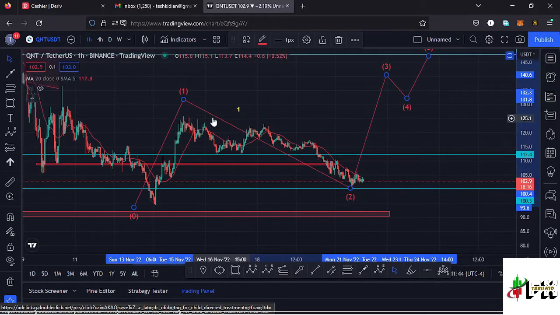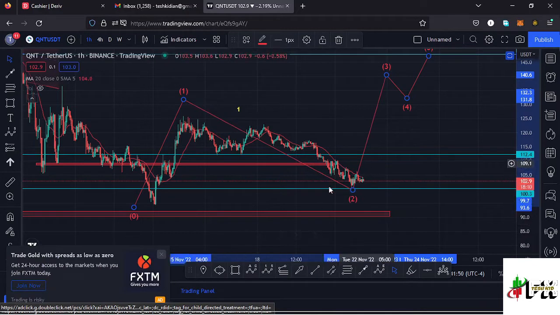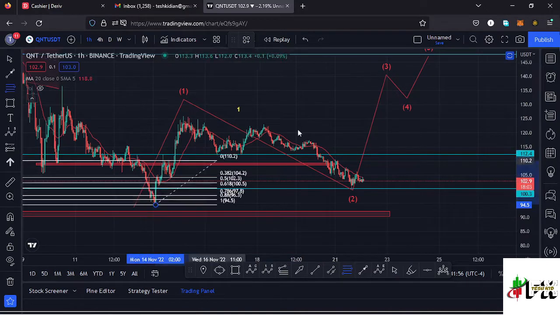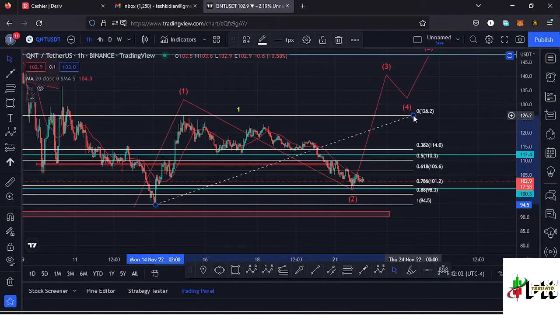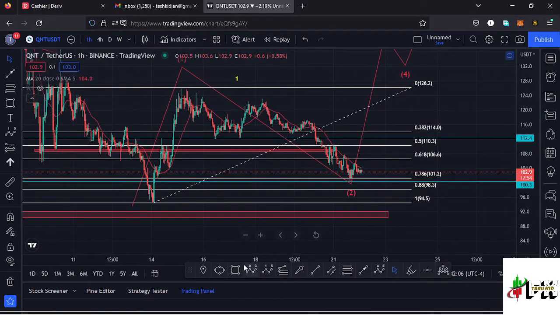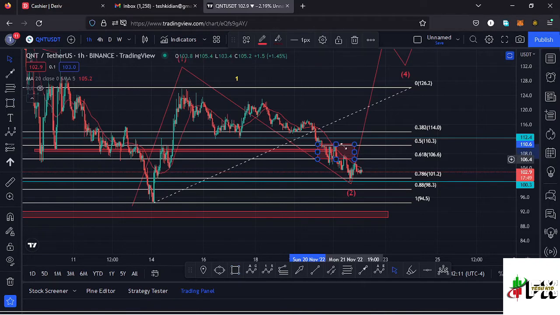After seeing the high of that first wave, we can use the Fibonacci's to sketch out a minimum target area to the lower side in the formation of this wave 2. I just need to use the Fibonacci's connecting them from the low of the first wave to the high of that wave 1 up there, and that gives me a minimum retracement area between the Fib level 0.5 and the Fib level 0.618, which is a target area that we have fully maximized, even lost the Fib level 0.618,